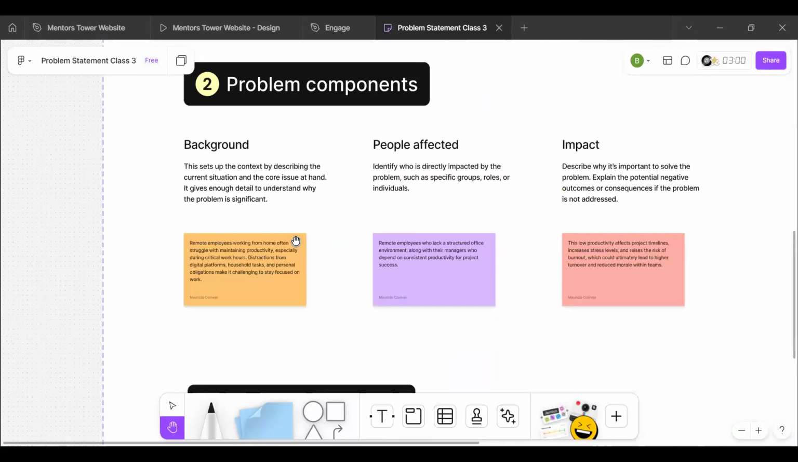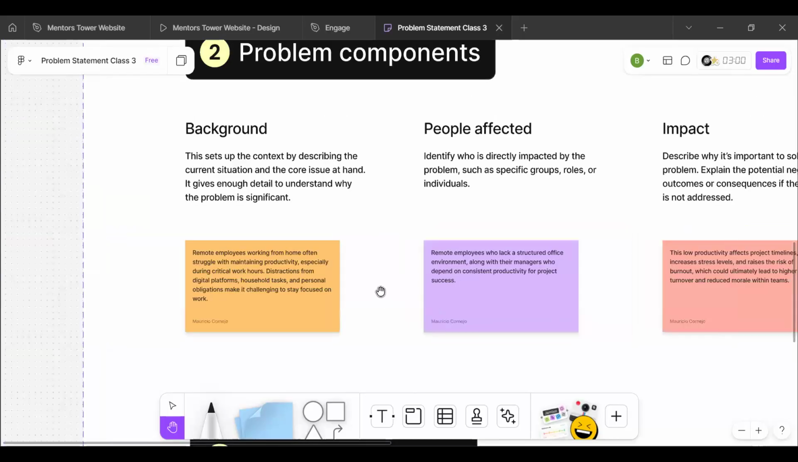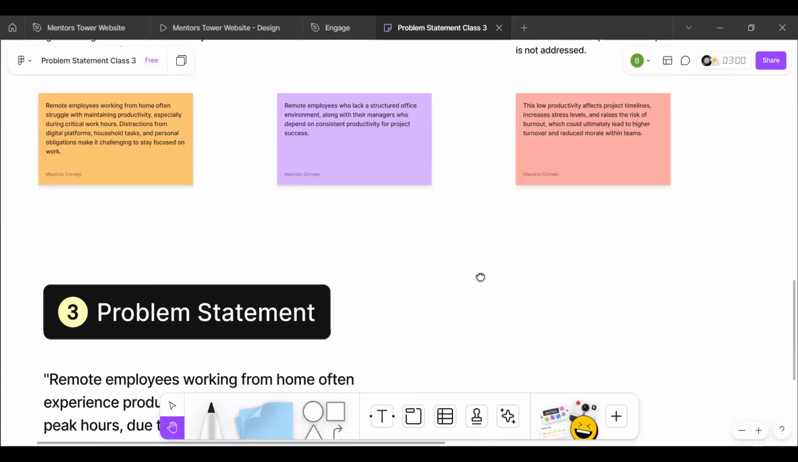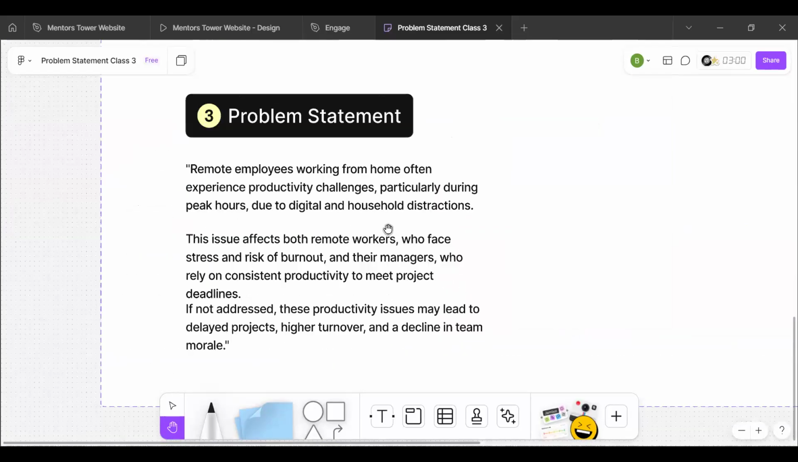So we have problem components. Background, this is where you talk about the remote problem statement. Remote workers working from home often struggle with maintaining productivity, especially during working hours. Distractions from digital platforms, household tasks, and personal obligations make it challenging to stay focused. And then we have people affected, remote workers, and then impact. This is the low productivity. And then this is where we have the main